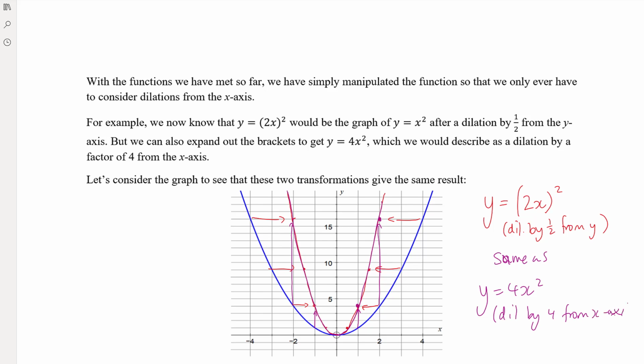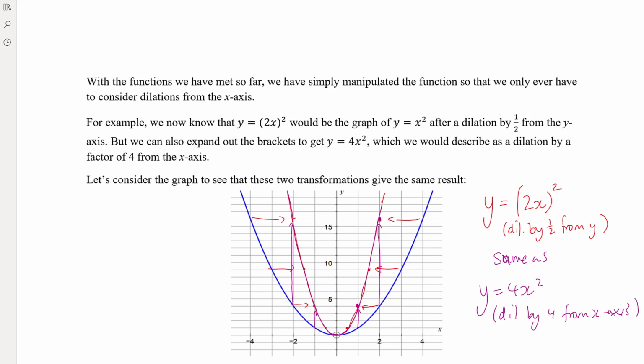Now obviously that's not going to be the same for all functions. You can't say for every single function dilating by half from the y-axis is the same as dilating by 4 from the x-axis, because if I made this a cubic function, (2x) all cubed isn't the same as 4 times x cubed, it's the same as 8 times x cubed. So in the case of the cubic, dilating by half from the y-axis would be the same as dilating by 8 from the x-axis. Okay, so we can't come up with a blanket rule,